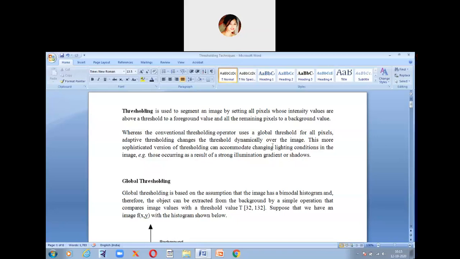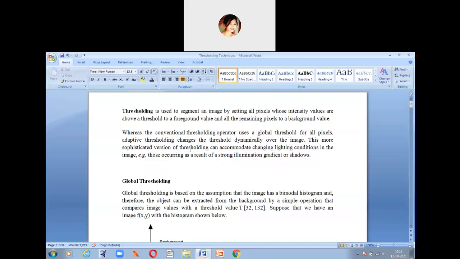So these two threshold types have different functions. The global threshold, that is the conventional threshold operator, uses a global threshold for all the pixels. The conventional thresholding operator uses two techniques: one is global threshold, the other is adaptive threshold.